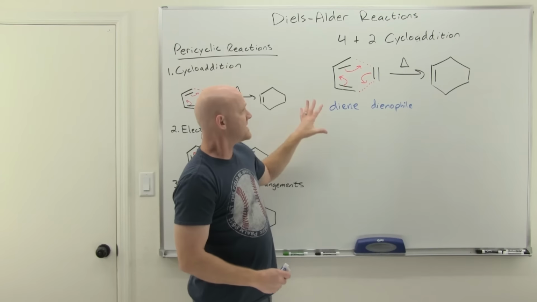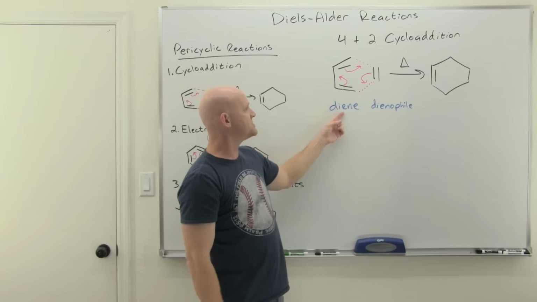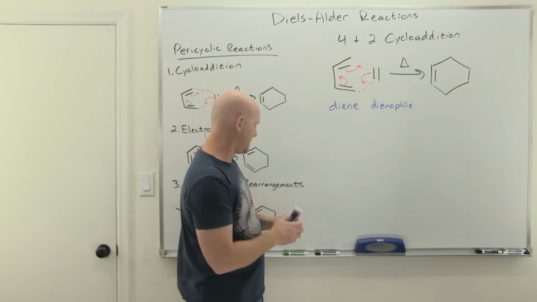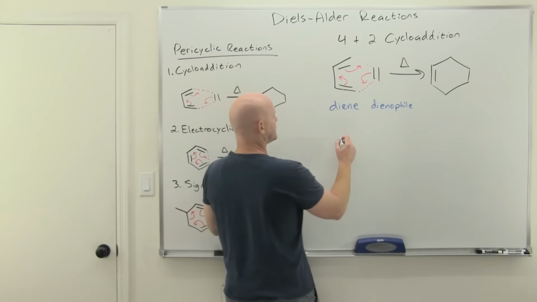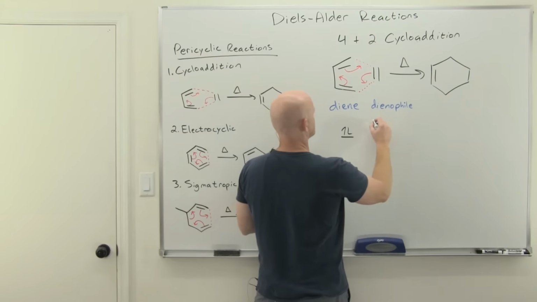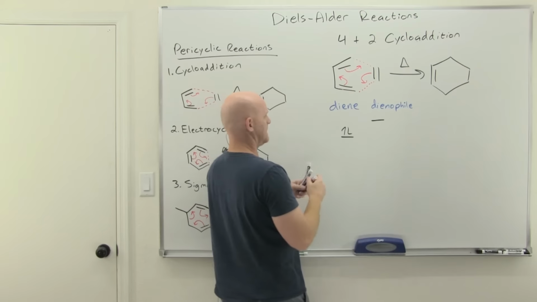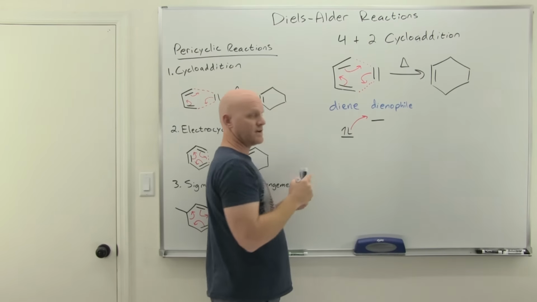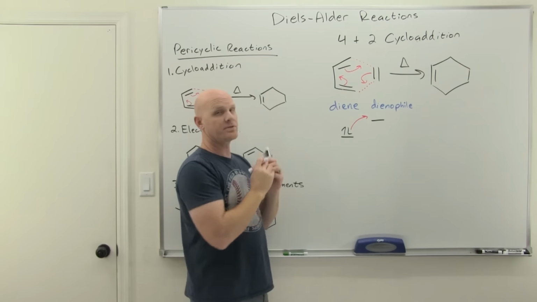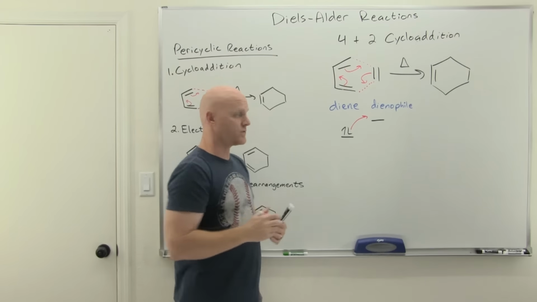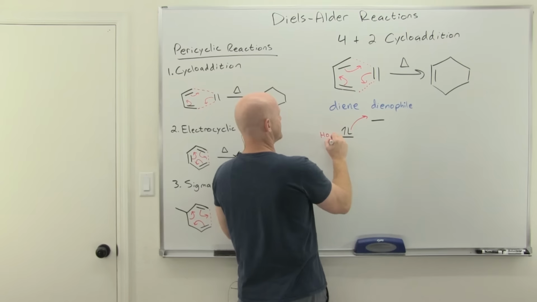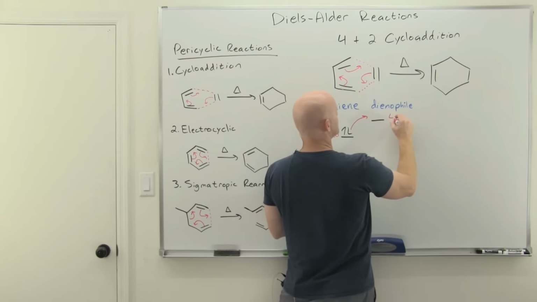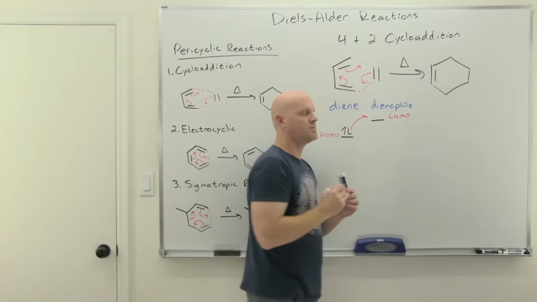So, in this case, the way we like to think of this, again, with the electron-rich diene and the electron-poor dienophile, is electrons being donated from the diene to the dienophile. If we look at the molecular orbitals involved, these frontier molecular orbitals, we think of it as involving the highest occupied molecular orbital of the diene donating electrons up to the lowest unoccupied molecular orbital